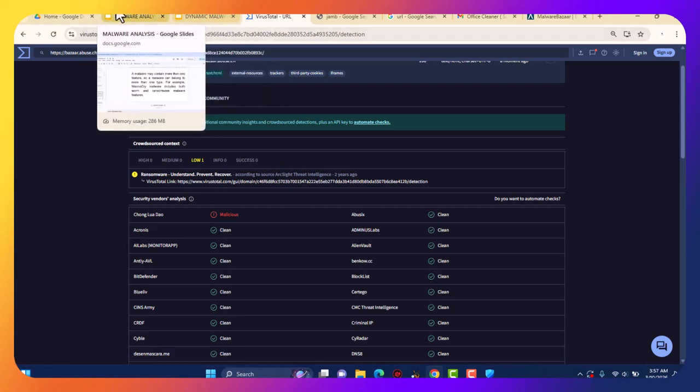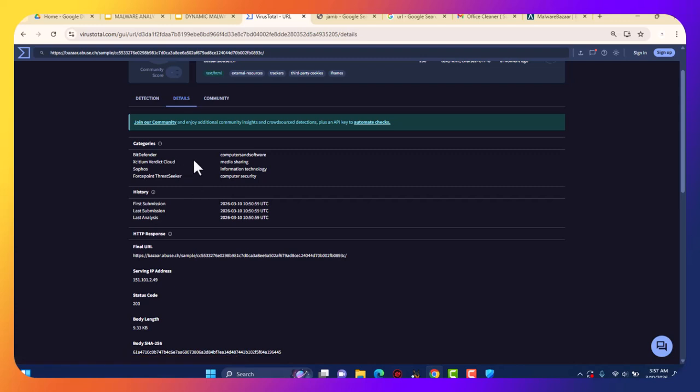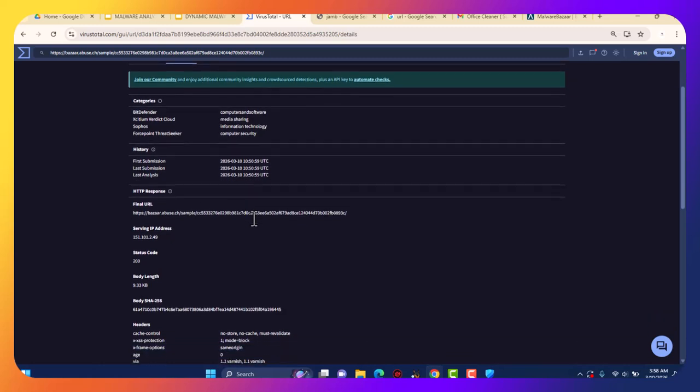So you go to details. You go to details, you see different information. You say Bitdefender says it's a computer and a software, another says it's media sharing, another targets information technology, another targets forensic computer security. And it's telling you when it was first seen. It will show you when it was first seen, and also telling you